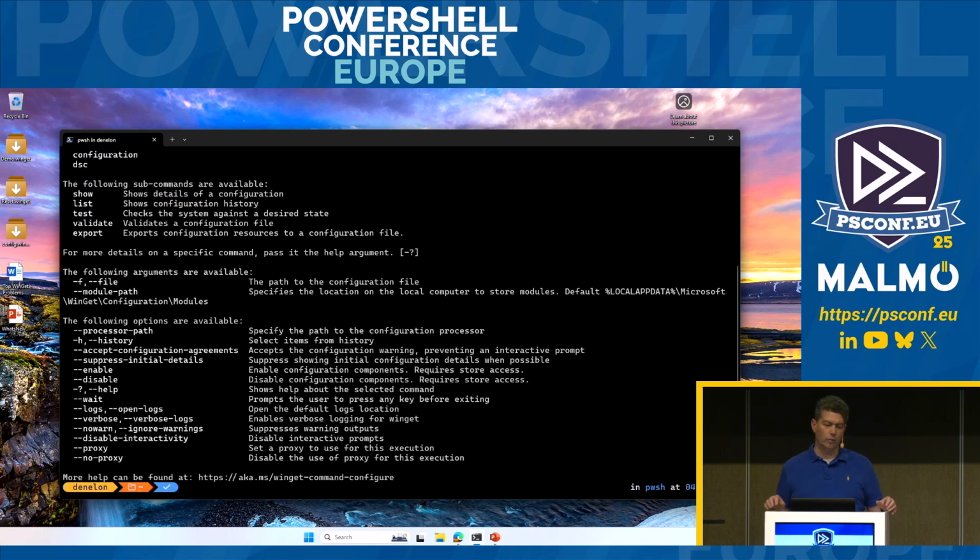So first thing, run the help command. I'm going to only touch on a couple of these. So a lot of people want to know about accepting agreements and the concerns there. The configuration files absolutely can and will accept agreements for you, and you'll see this in a big yellow warning text. You want to be sure that you're not doing anything that you didn't expect. So make sure you know where these configuration files are coming from and what's inside of them.